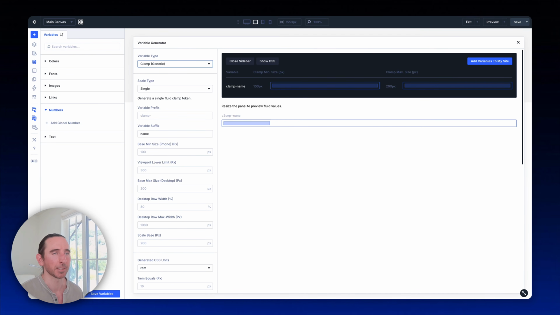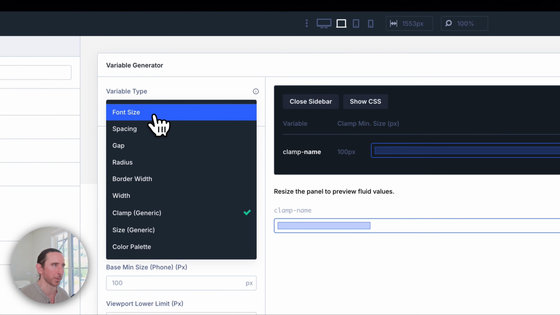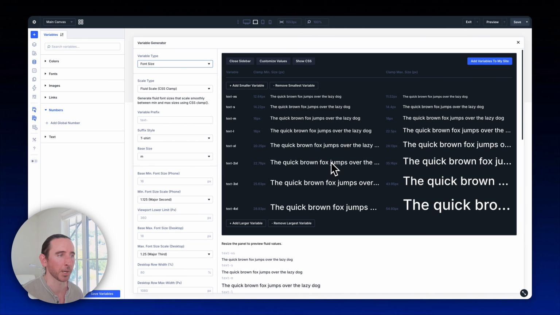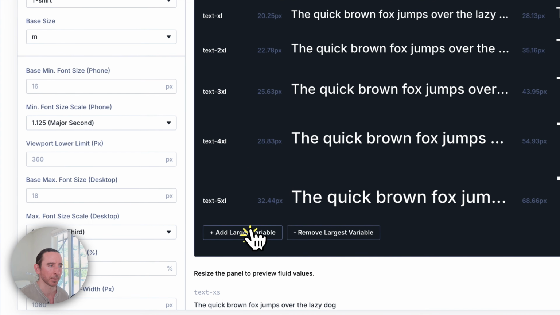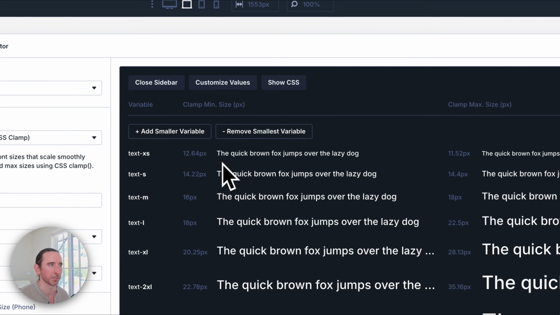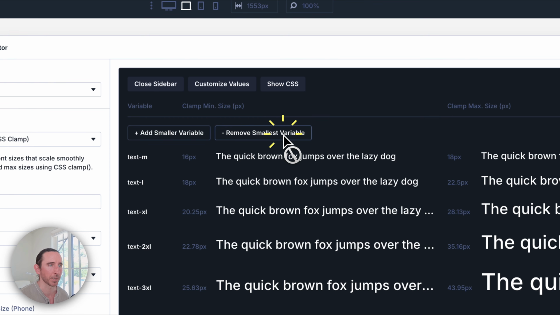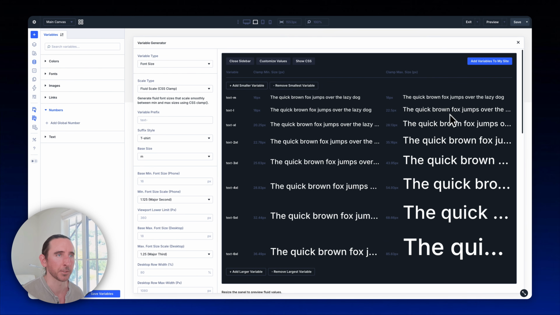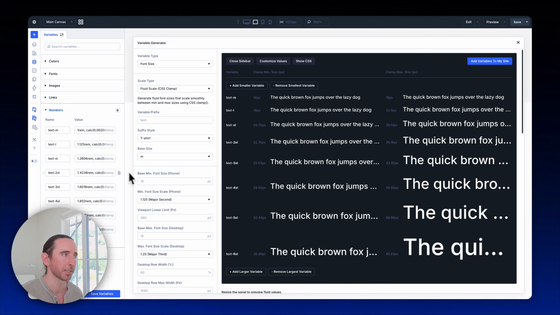So let's add some variables to this website. I'm going to start with font size, and you can choose how many variables you want. So if you want some larger variables, you can add more. If you don't think you're going to use these small variables, you can remove them. And when you're happy with your variable set, you can choose add variables to my site, and you'll see them